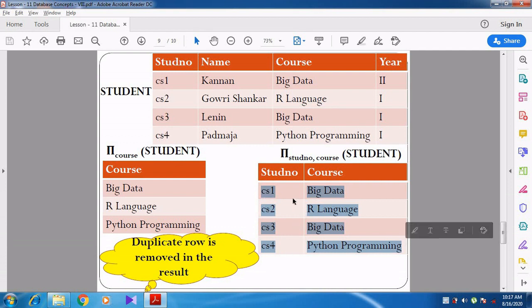Here all the 4 rows are displayed. Duplicate data can be seen in the course column. Why? Because the student number has no duplicates. So based on the student number, all the rows, all the tuples, will be displayed.